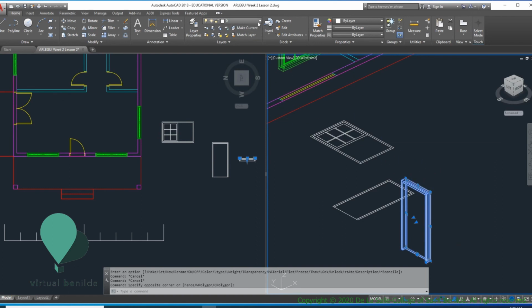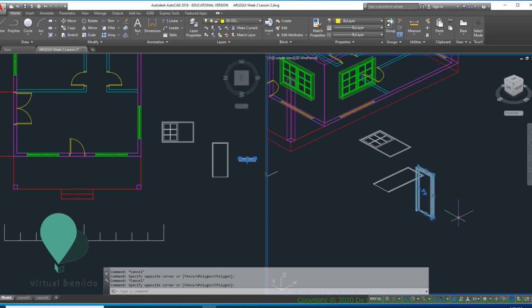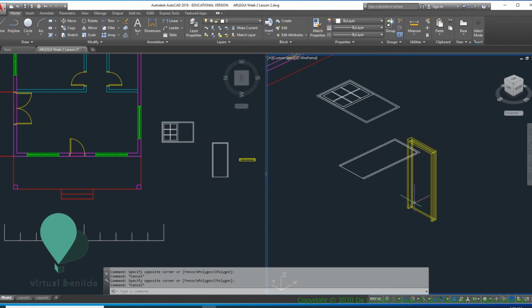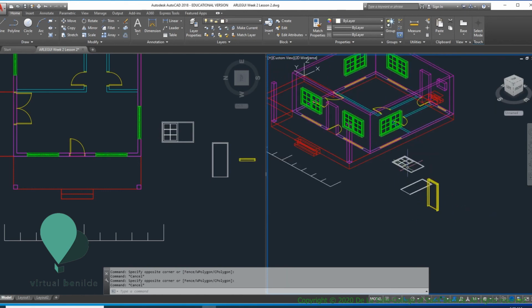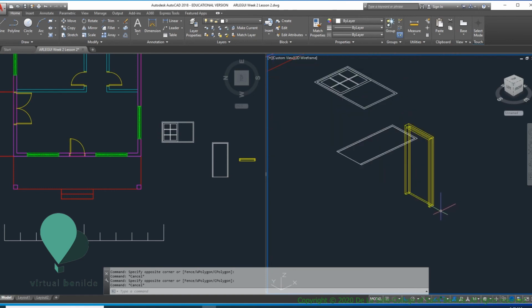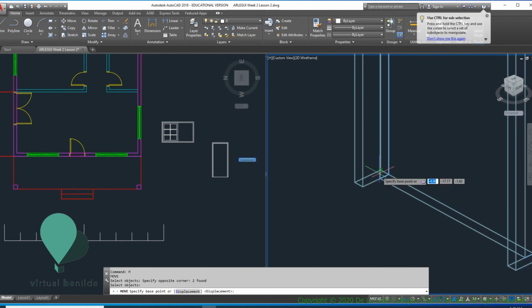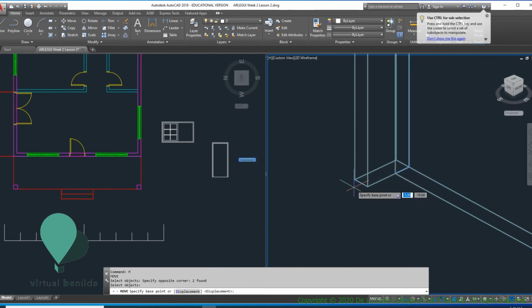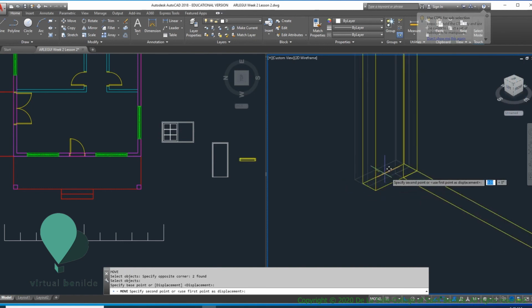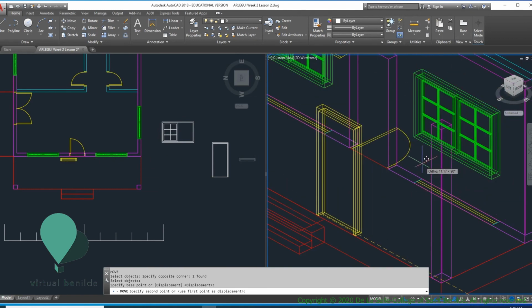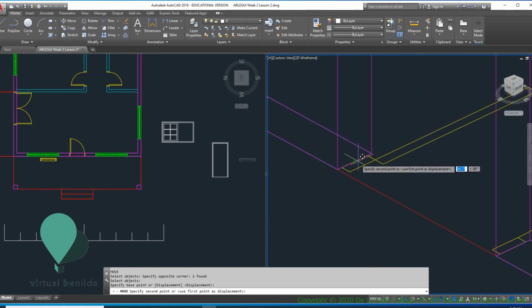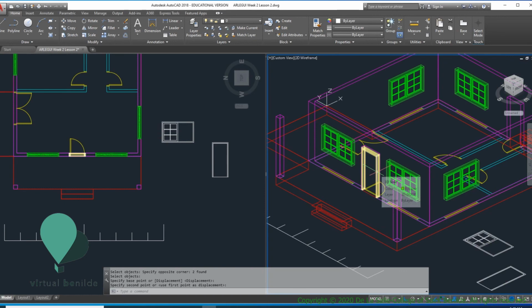Select it and then go for the layer and choose 3D door, and it should become that. I didn't block this because there are only a few doors here. So I'm going to move this into place, M. I'm going to pick the mid section because it's going to be on the mid of this here. And if we hide it, HI,